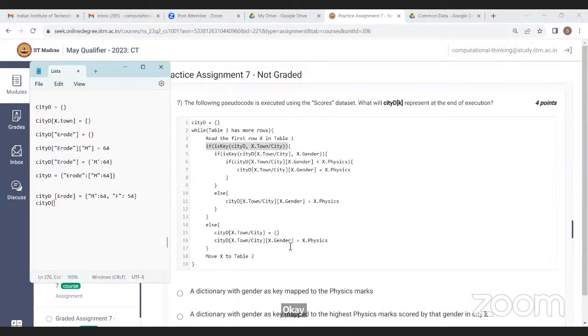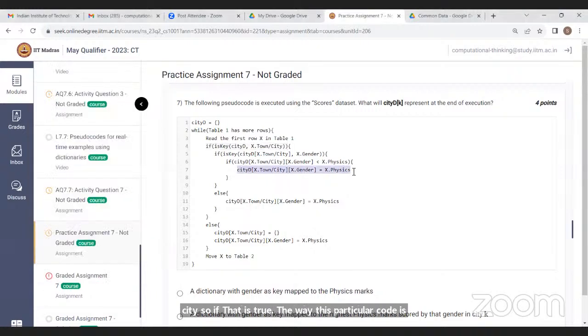So in the previous code, what we were storing was the highest marks scored by a particular gender, right? In physics. Yes, sir, under the city. So if that is true, the way this particular code is executed, what it is storing is